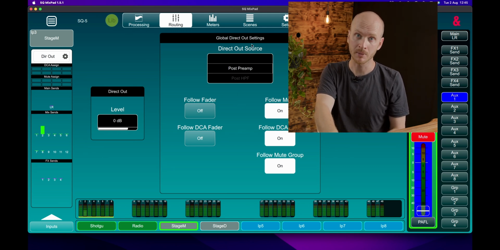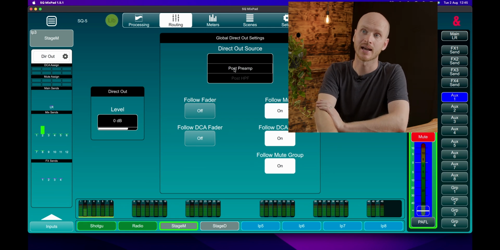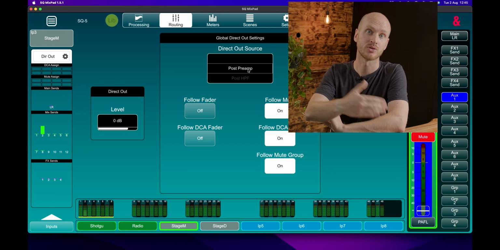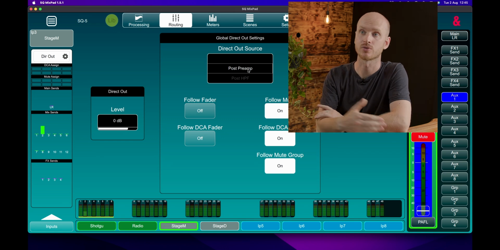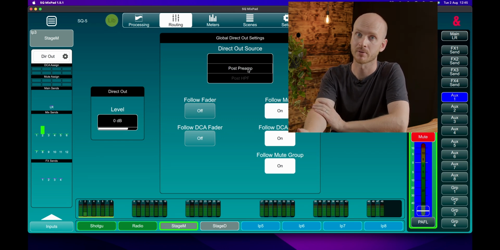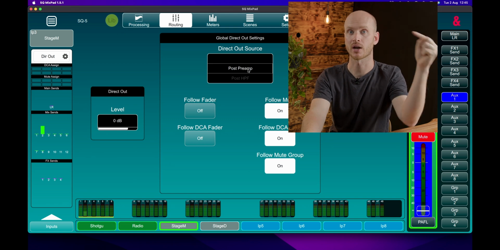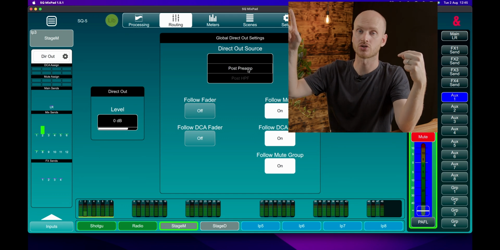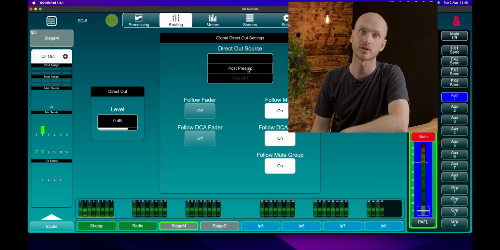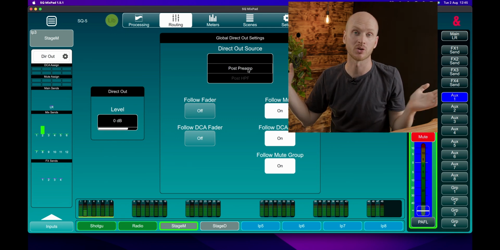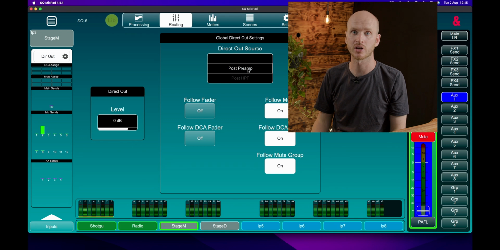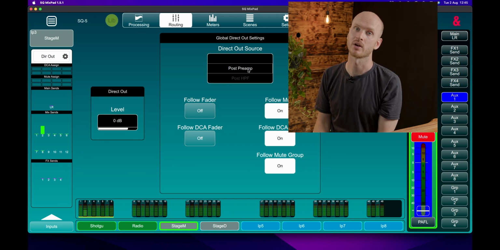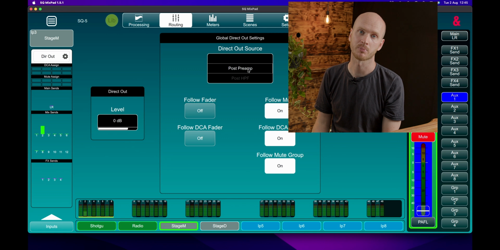So my options are, I could take it out post preamp, post meaning after. So I could take it out directly after my preamp. So that means my signal source will come into the mixing desk, into the preamp, and then straight away, straight back out again. And we use this all the time for multi-track recording. If you're doing a multi-track recording, if, for example, you wanted to record a live worship album in your church, you would almost certainly want to take post-preamp as your output point for all your individual channels,